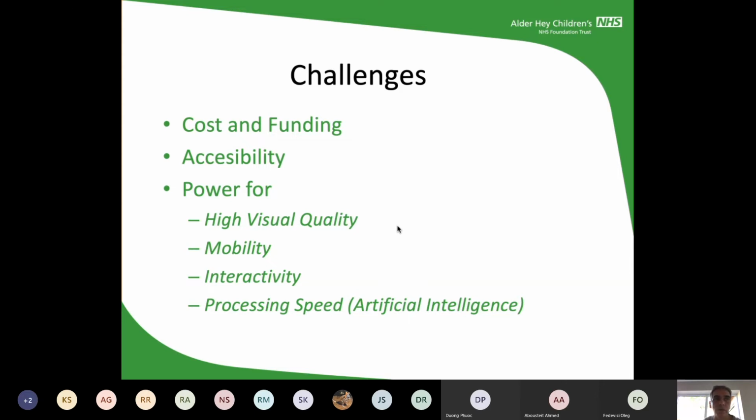So we should look at how we want it to develop in 5-10 years' time. And the visualization will be pretty good, I think. Hopefully it will be more mobile, which is more mobile now, so we can walk around. Even the batteries are lasting for 6-7 hours. And the processing speed is still a problem, because to process the hearts it will take time. However, when we're talking about virtual reality, so when we're doing it with the Virtual Engineer Center,